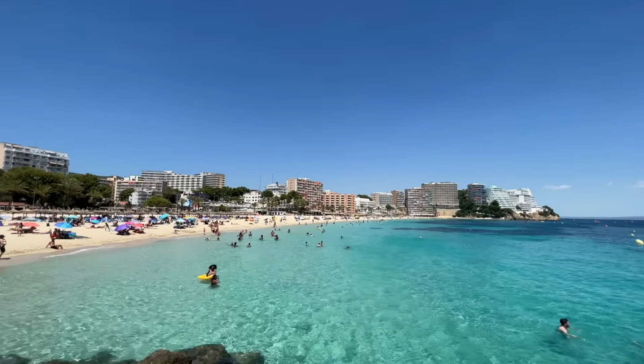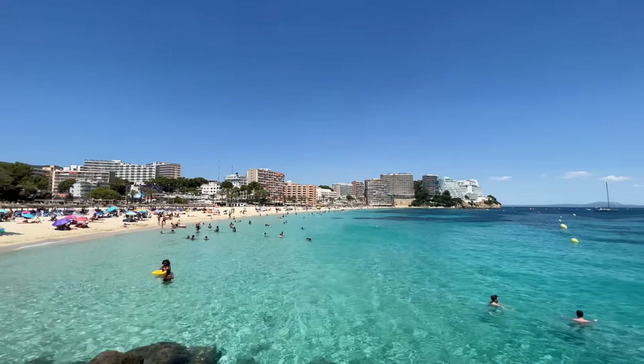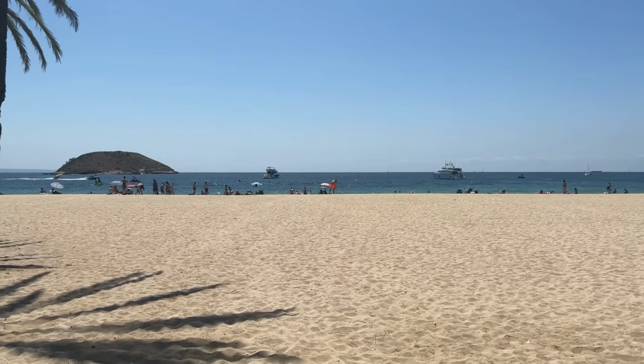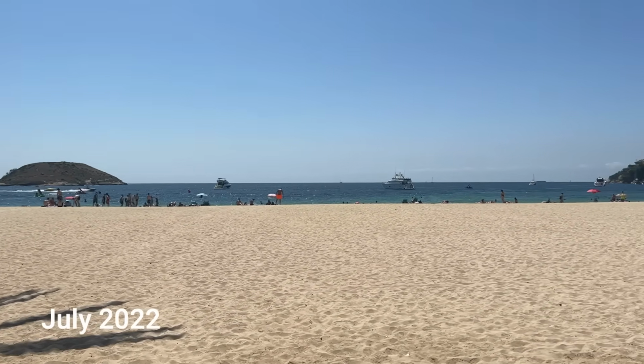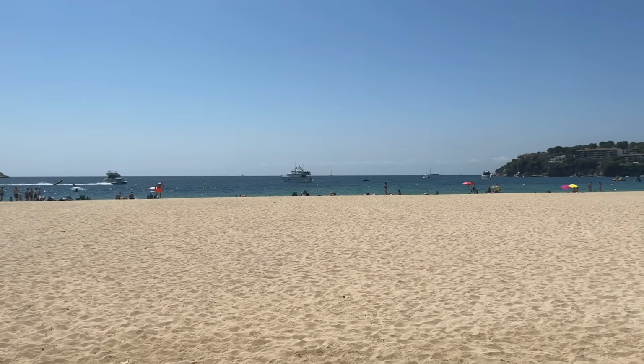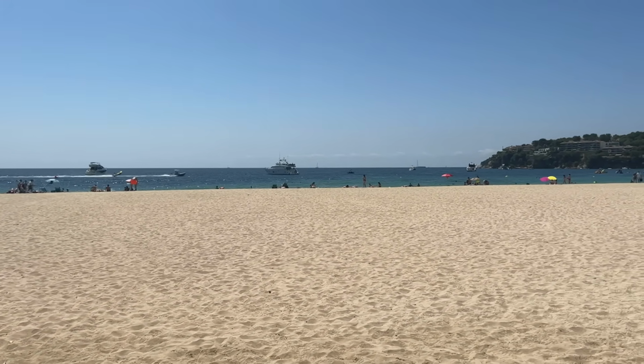Now, at number 6 on my list of top 10 beaches is another surprising choice. It is Magaluf Beach. Now, Magaluf is one of the most beautiful and stunning beaches on the island. You can see it's a beautiful turquoise sea and amazing golden sands. Now, in the summer months, in July and August, this is a little known secret, but it is often as well one of the least populated beaches on the island, just simply because on a Sunday, locals will tend to